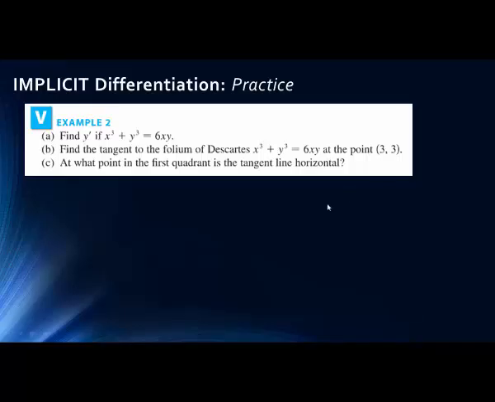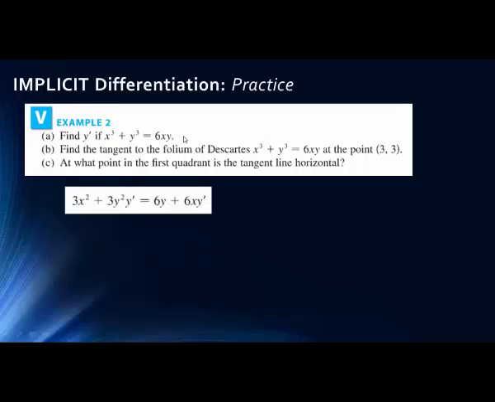First, we want to find y prime, where x cubed plus y cubed equals 6xy. Okay? We're going to walk through this one a little bit quicker now. So the derivative of x cubed is 3x squared. The derivative of y cubed is 3y squared y prime. Again, I take the derivative with respect to y, just follow the derivative rules, and then I add a y